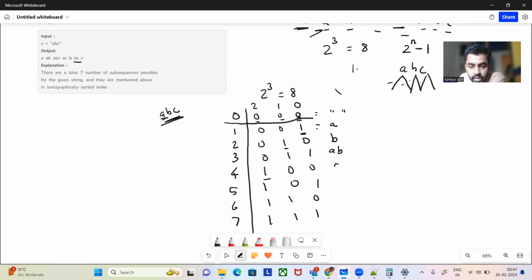And this is the third character, C. This is the first and third character, A and C. This is the second and third character, BC. This is the first, second, and third character, ABC. So if you see, it is producing all the subsequences. So what we can do is we will check,